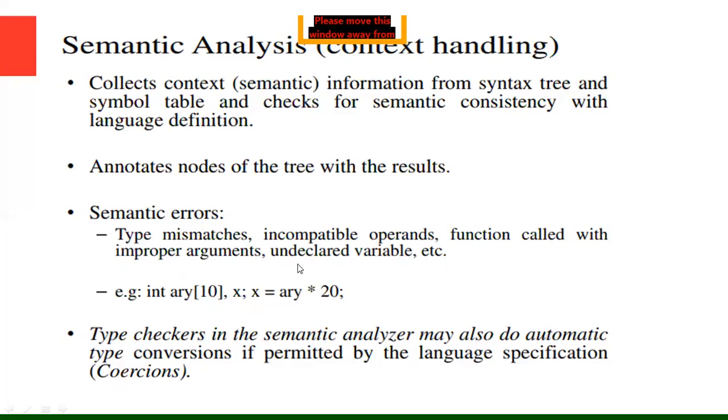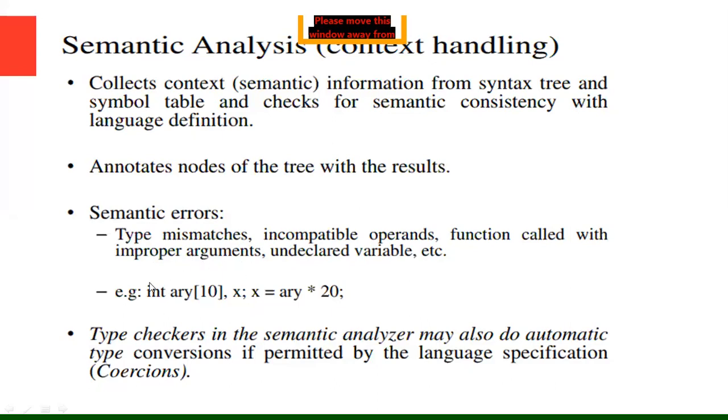So that means the output that is taken from the syntax analysis is taken as input to the semantic analysis. So the input is the syntax tree or parse tree that is verified semantically in the semantic analysis phase. So we are finding some errors that are present in that particular syntax tree or parse tree.